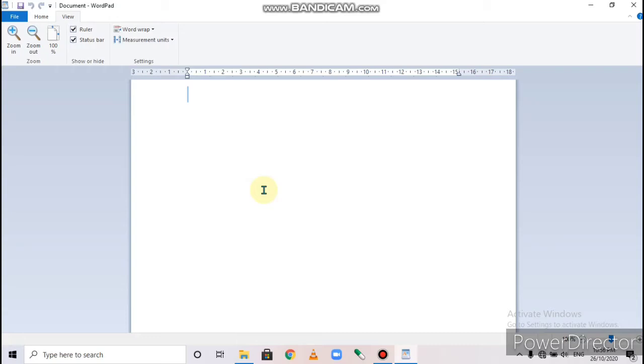Now, page number 51. Working in WordPad. We can type text in WordPad window and make changes to it if needed. Means you can type text in WordPad, and if any mistake happens, then you can correct it also. Let us learn about how to type and make changes to the text.